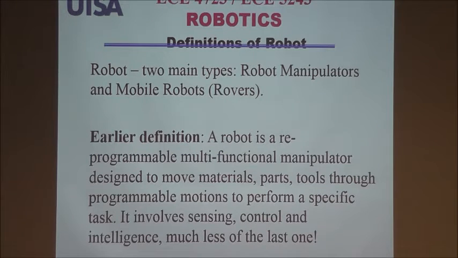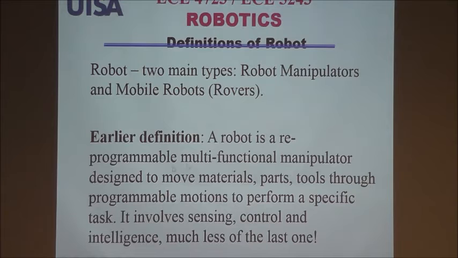So there are several definitions of a robot, but the two main ones are robot manipulator and mobile robot, or rovers. And as I said before, it's a bit more general than that. Even any machine you can program and then let it run by itself is a robot. It could be even something you can do with your devices at home. You can program a toy machine that you can run by your cell phone and WhatsApp.